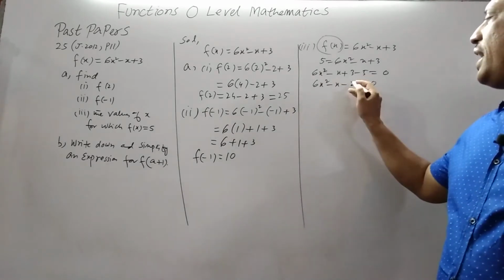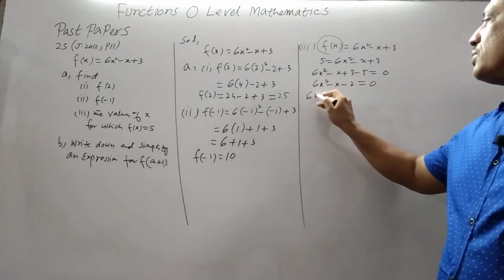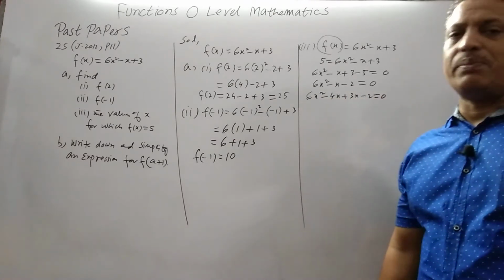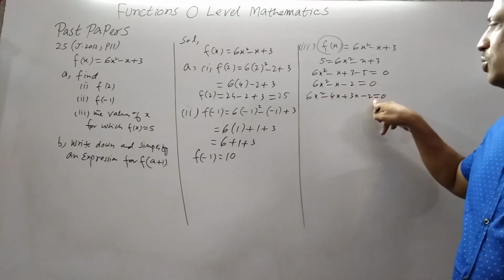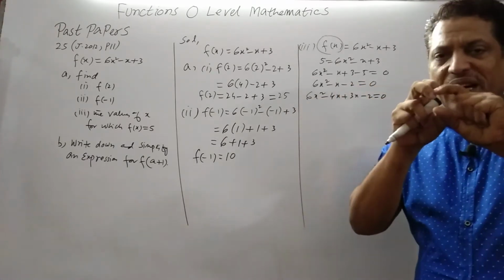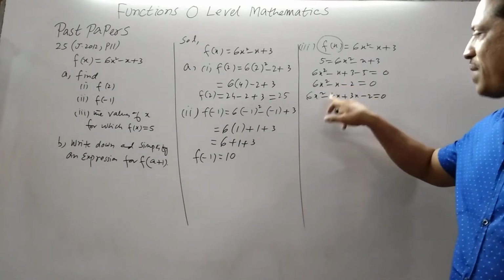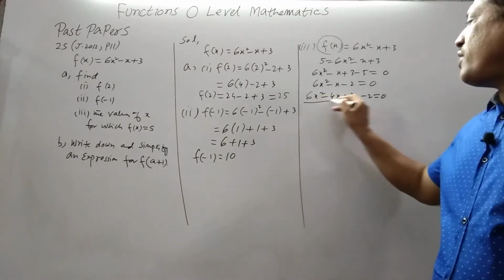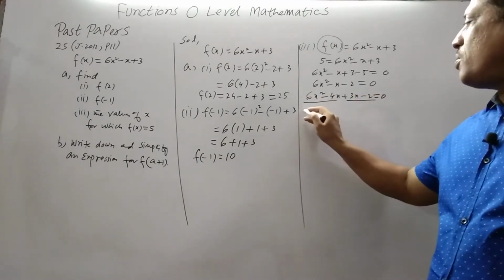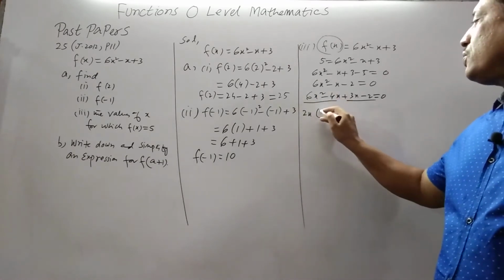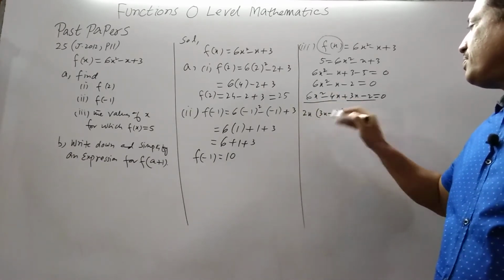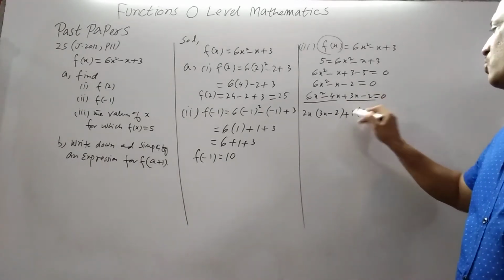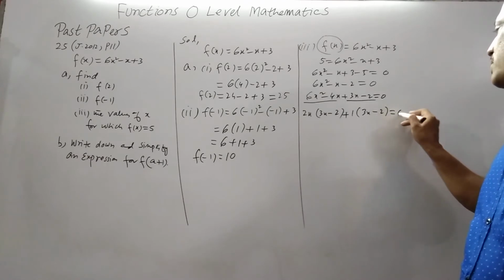2 sixes are 12, and 4 threes are 12. So 6x squared minus 4x plus 3x minus 2. Middle term breaking method means the first term and the last term stay the same, and we only break the middle term. The middle term is minus x. It becomes minus 4x plus 3x, because minus 4x plus 3x is again minus x. Now take the first two parts and the last two parts. Take the common factor; here the common is 2x. So 2x times 3x is 6x squared, 2x times minus 2 is minus 4x. Plus, if there is no common, we have to take 1. So 1 times 3x is 3x, 1 times minus 2 is minus 2, equals 0.